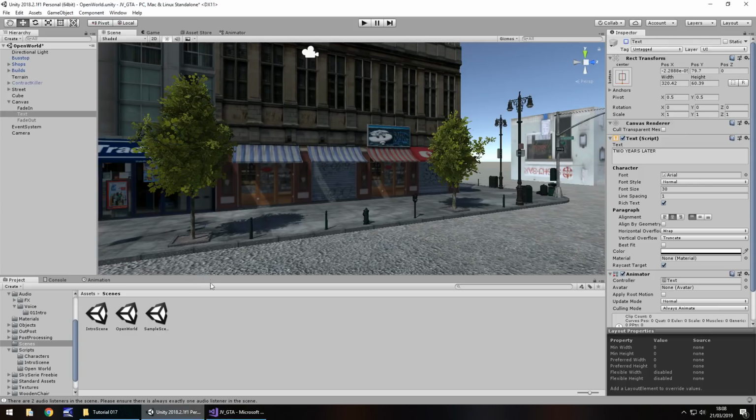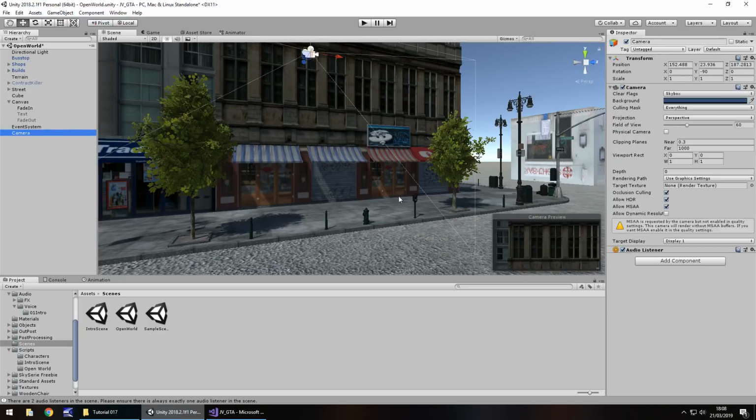I know we're going back and forth a little bit, but I think this back and forth will get you into the habit of being able to multitask, doing a couple of different things at once within the same game. So let's take this camera, which, like I said, is technically a fake camera, and let's create an animation for it.